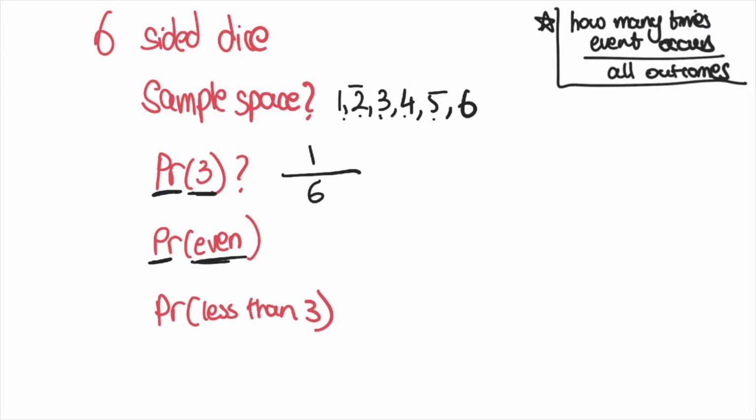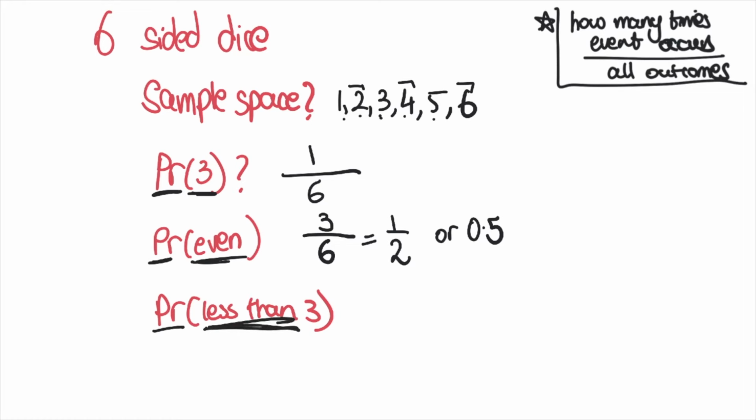The next says, what is the probability of getting an even number? So 2, 4, 6. There are 3 times our event occurs, but there are 6 outcomes altogether. So this can simplify your fractions to 1/2 or 0.5 if they ask for a decimal. Last question here says, what is the probability of getting a number less than 3? So there's only 2 here that are less than 3. Still, there are 6 outcomes. Simplify that to 1/3. So this is how we calculate something called theoretical